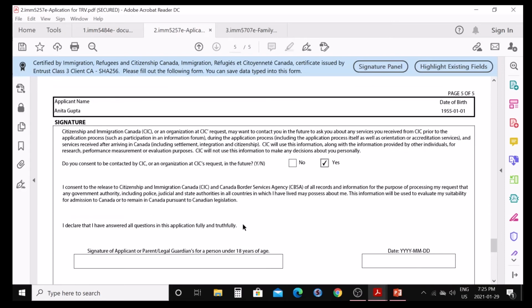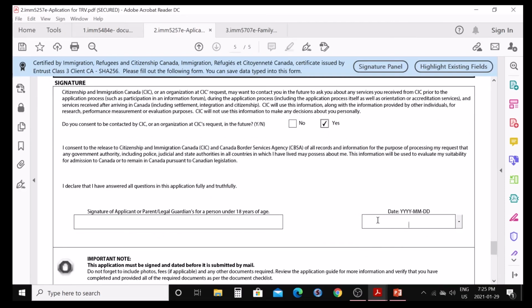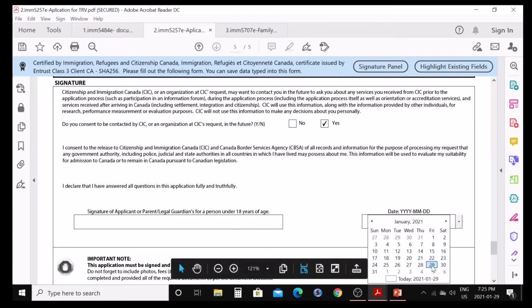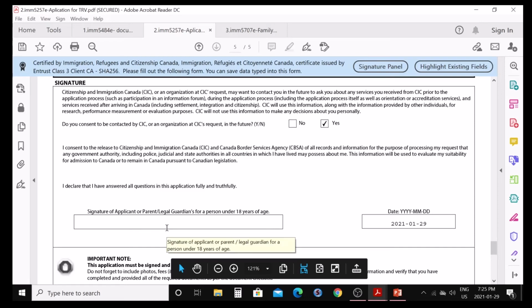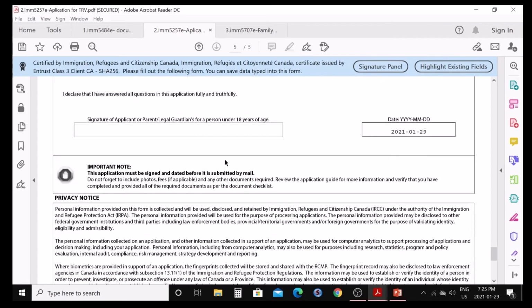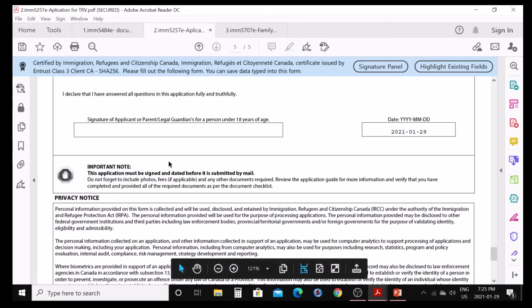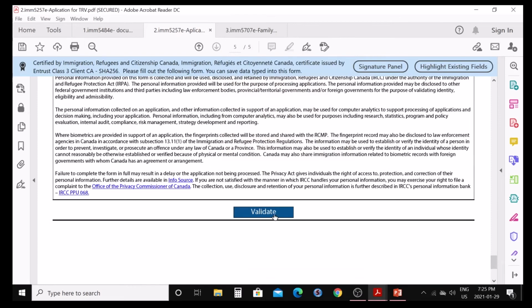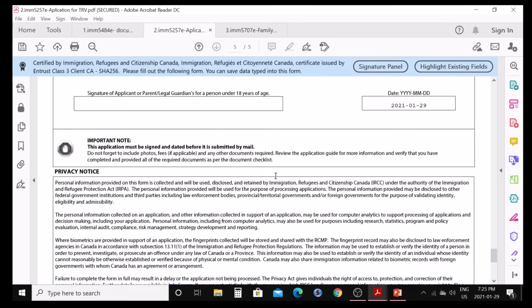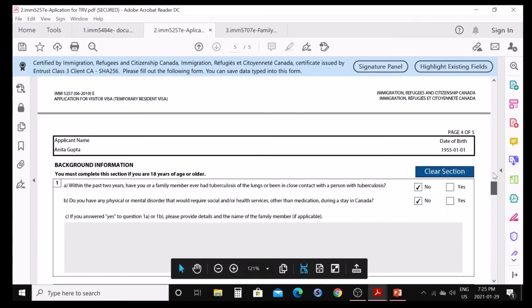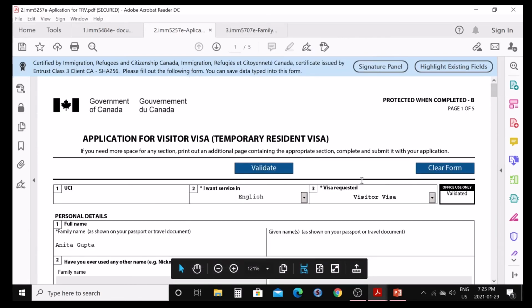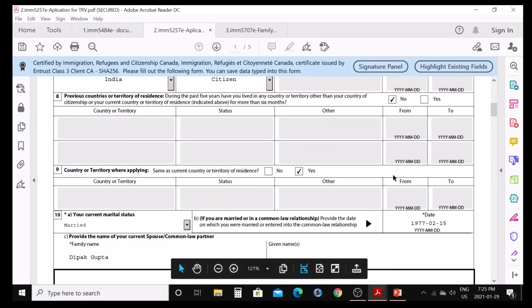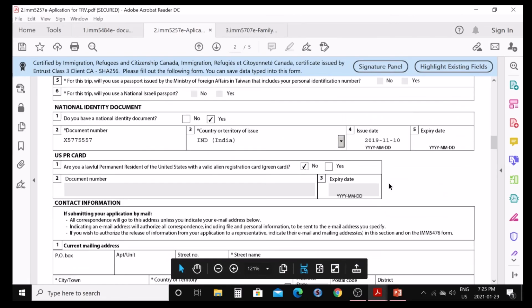And then you can fill in the date here on your application. It can be today's date or it can be, and I'll just say this, your choice. You can leave this because you need to sign it with your hand. And when you are done with this application form, the most important thing is you need to press the validate button at the end. So you can go up, check all the columns one by one, all the columns again, and then you can press the validate button.